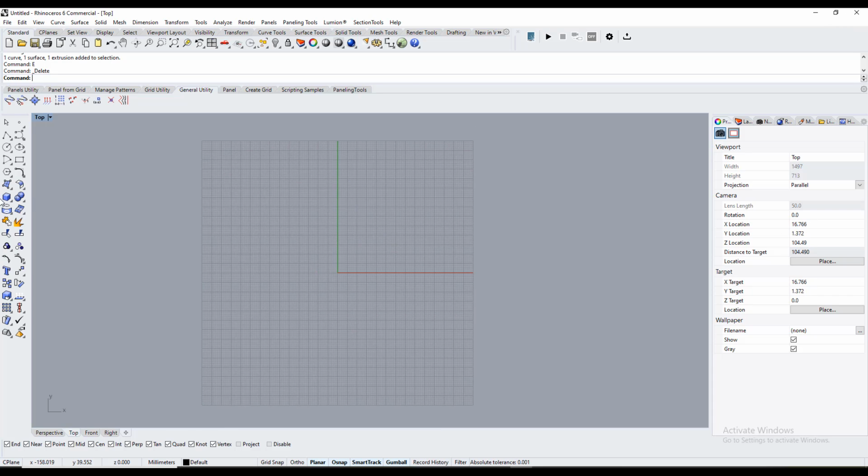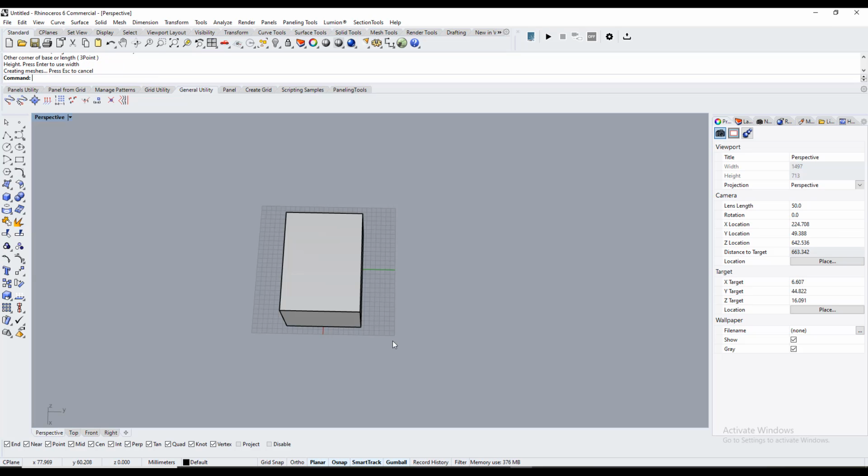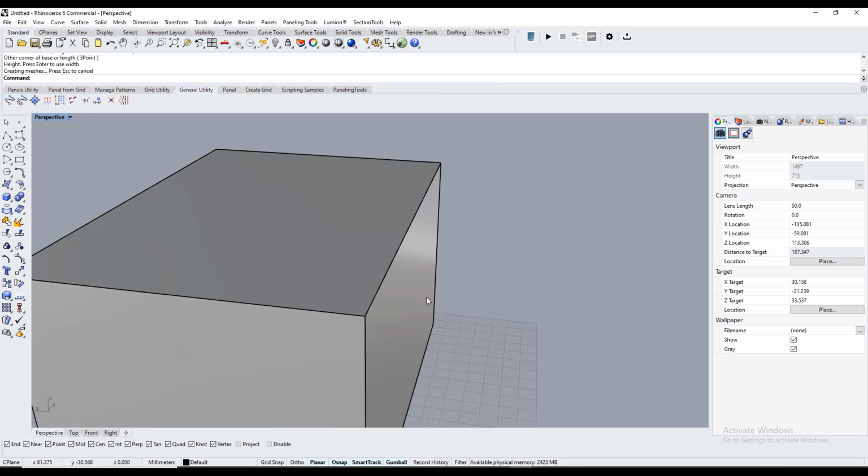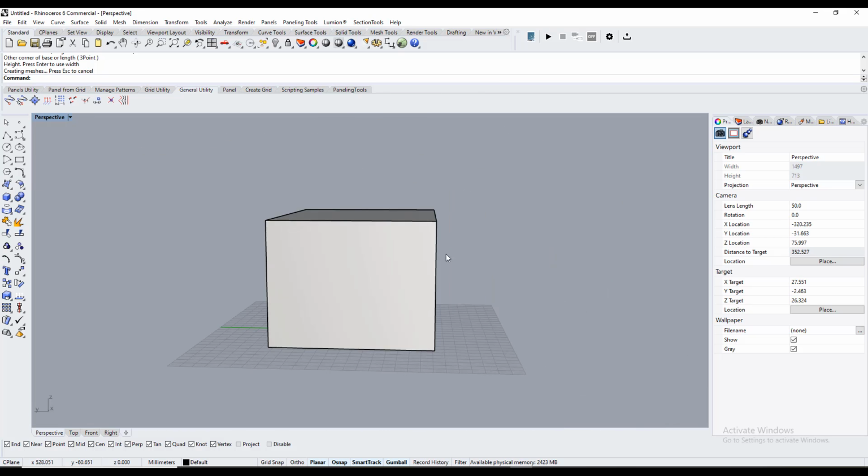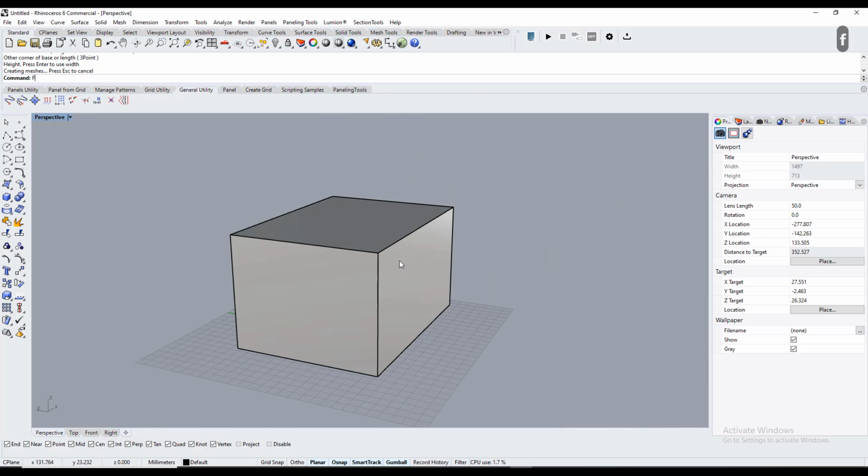Now what about fillet? Let's just make a box. And we can see the edges are quite sharp. So we can type in fillet, and when we type fillet, we can see that there are different options, like fillet corner, fillet edge, fillet surface. This is a box. We are not going to fillet the surface of it, we are going to fillet the edges. So let's select the fillet edge